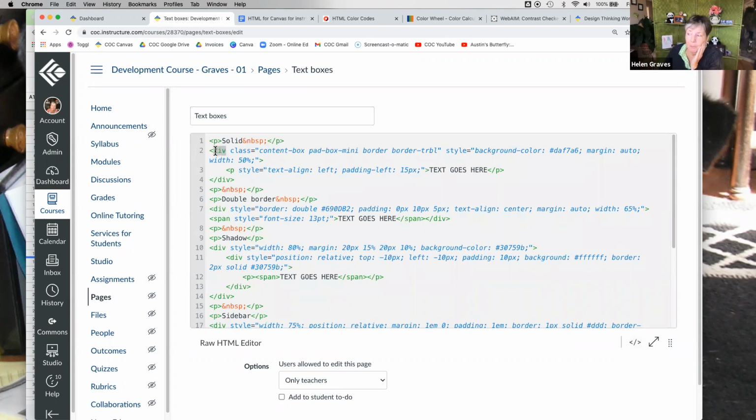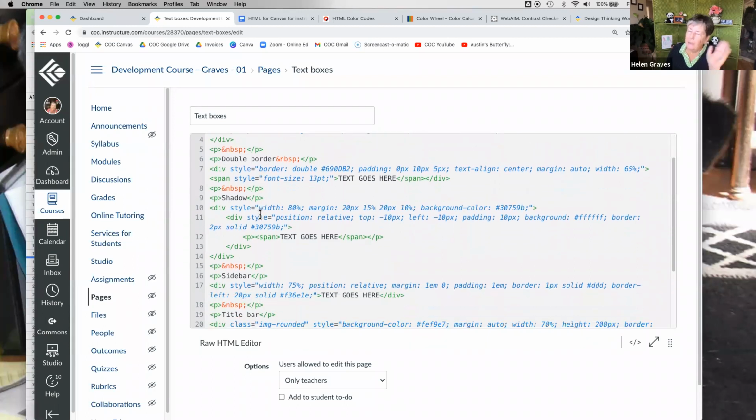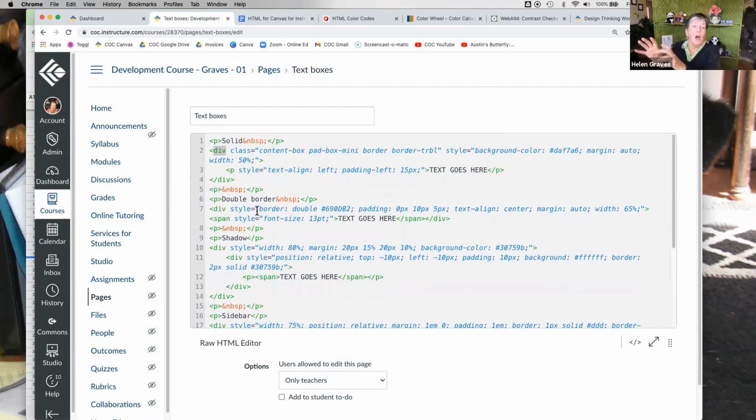Okay, so div is something new. We haven't talked about it before. It's similar to the idea of span. It's basically saying, here's a special command for this little thing. And so all of these boxes are using a div tag. Don't worry too much about it. Just know that's what the div is, and your boxes are going to have div tags, not paragraph or anything like that. Most of it you can ignore. You're not going to need to worry about the class, the border. What you're going to want to be able to change is the color, the background color.